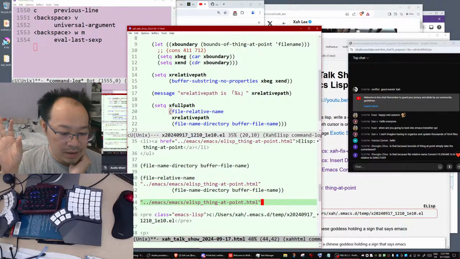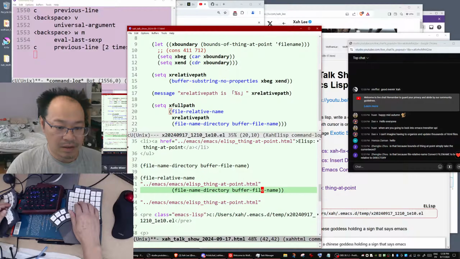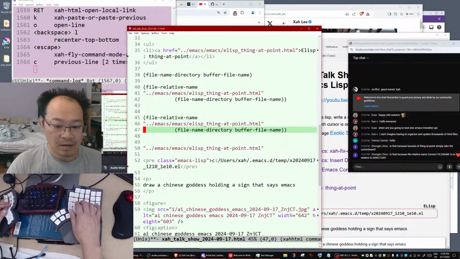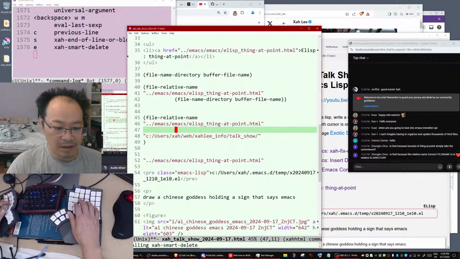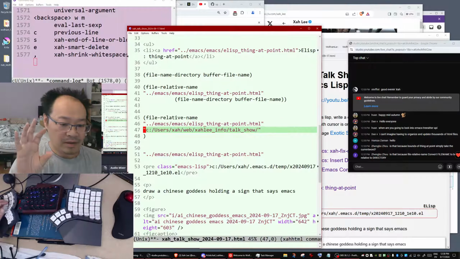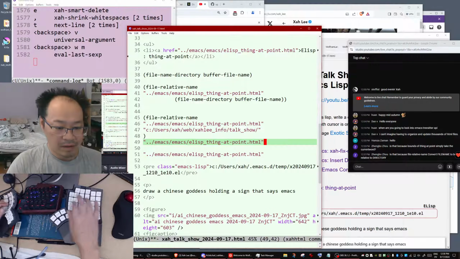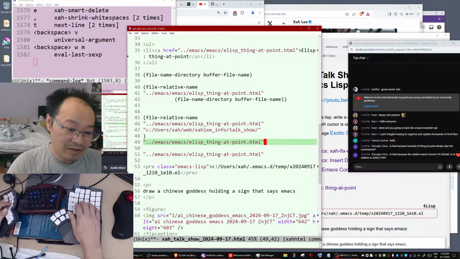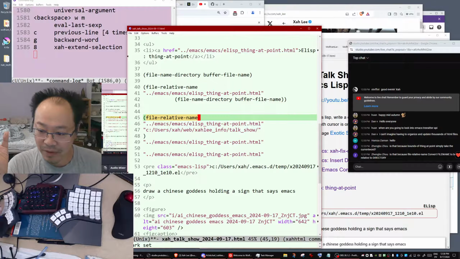Okay, you see it didn't change correctly. Now let's try again. Paste. Now let's evaluate that part. That part is that. Okay. So now let's evaluate that. It didn't change. Oh, it didn't, obviously, because we are requesting a relative name. We want the full name.